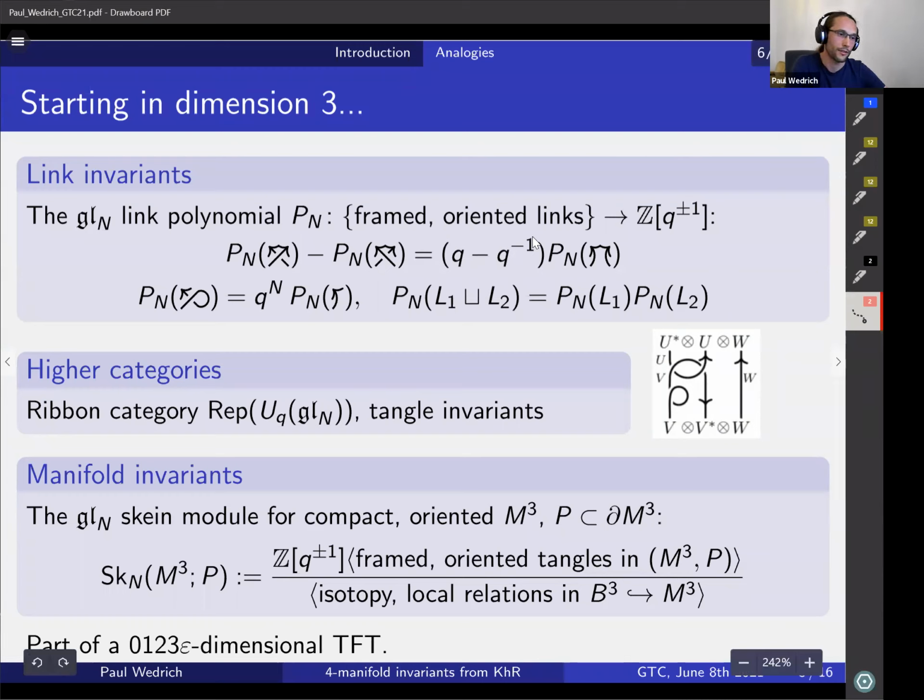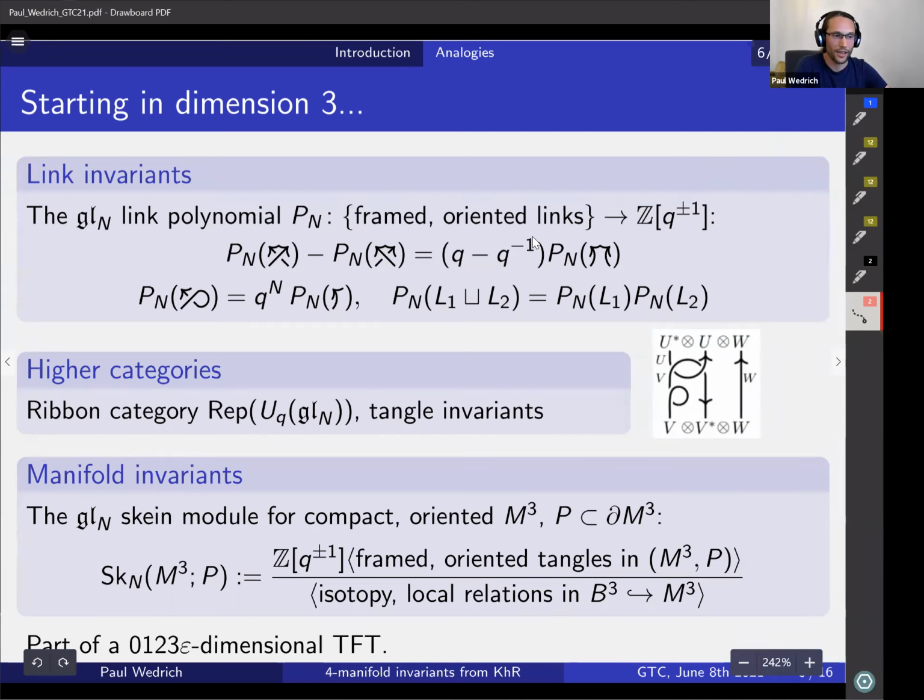For example, consider a diagram where you see a positive crossing, then you can relate the invariant of this to the invariant of the link with a diagram where you have a negative crossing there instead, or this parallel resolution. And similarly, there are rules that allow you to relate invariants of links that have blackboard framed diagrams